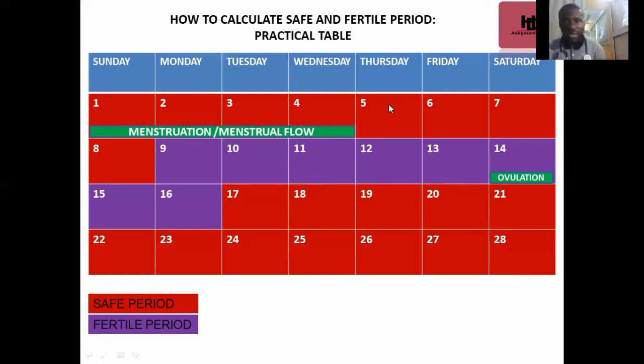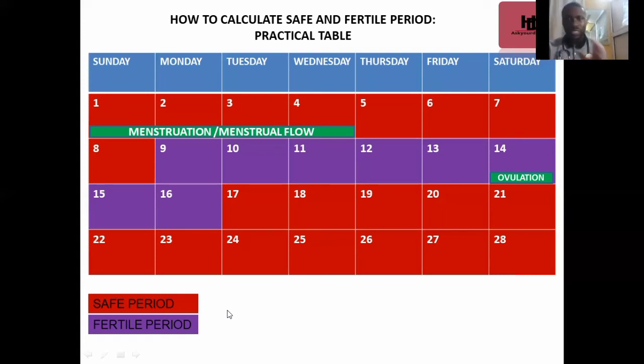These red areas are the safe period, while the fertile period are those areas marked with purple. So you remember I said this is a perfect example for an individual with a 28-day cycle. And I tell you, the beginning of the cycle is the day you start seeing blood, menstrual blood. Not the following day, not the day you are ending it, but the day you start seeing. That's why you start counting one. To the next day, you start seeing another one. That makes a complete cycle.